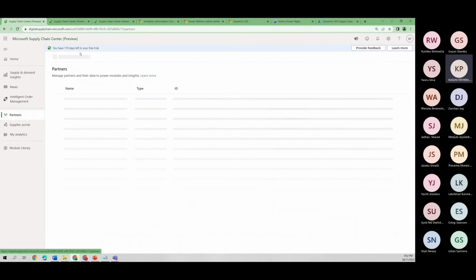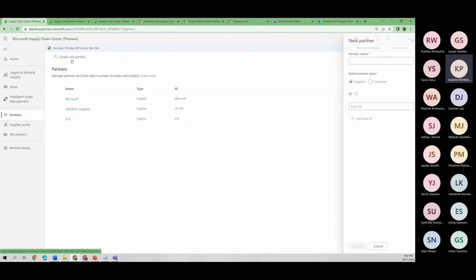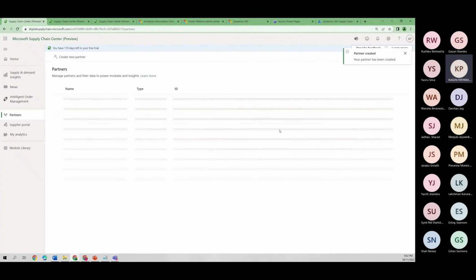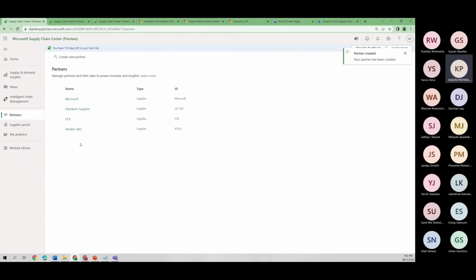So let me show how we can create a partner here. Create a new partner. Let me say vendor ABC for the moment. Yeah, just say AB supplier. If I have an ID, I would say ID 123, or whatever the ID that you have, and then say create. Make sure that your IDs are matching, but I'm just giving a hypothetical value, but you get the understanding of what I'm doing here. So you just basically create the partner,